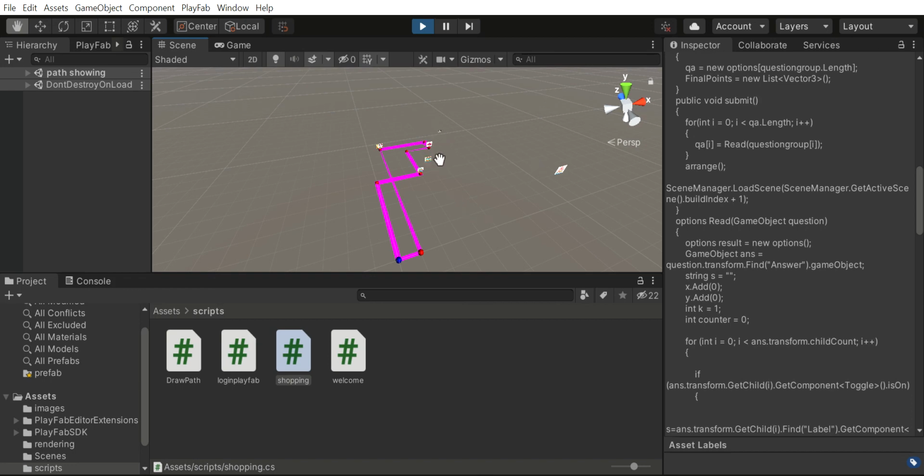So this was the algorithm implementation, and we have done up to the path finding algorithm implementation, and now the augmented reality part is still remaining. So that's all about the project. Thank you.